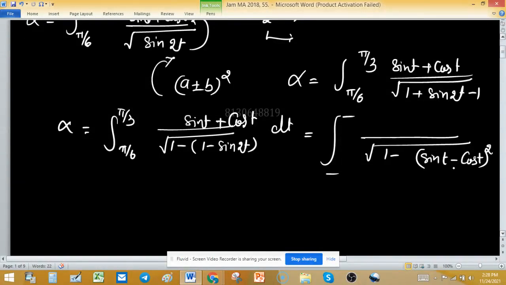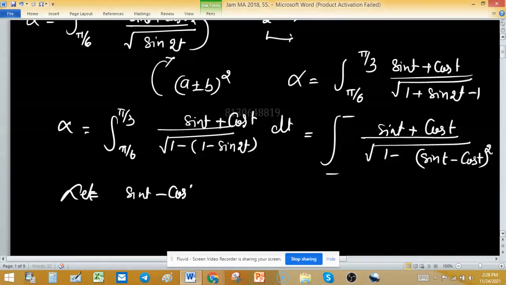That will become this expression, and the numerator is sin t plus cos t. So alpha is this expression. So let sin t minus cos t equal x,